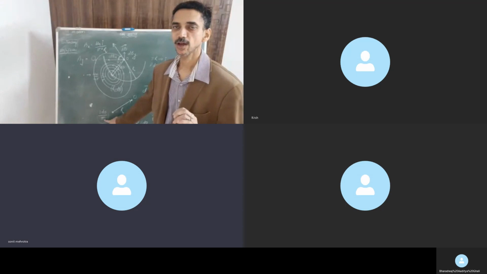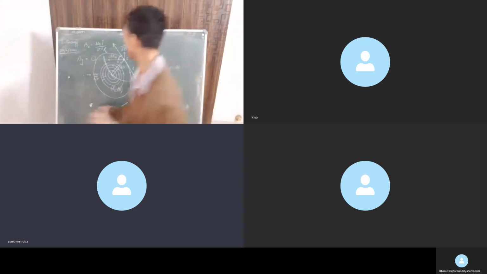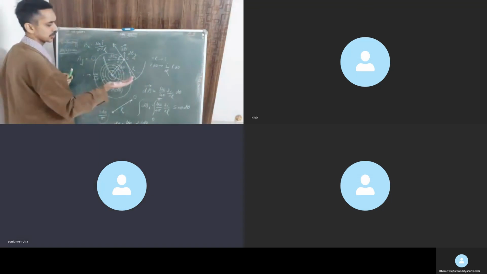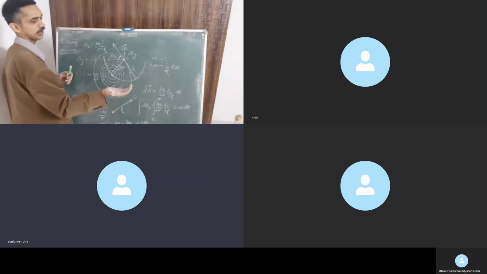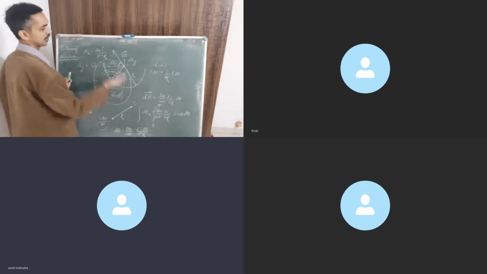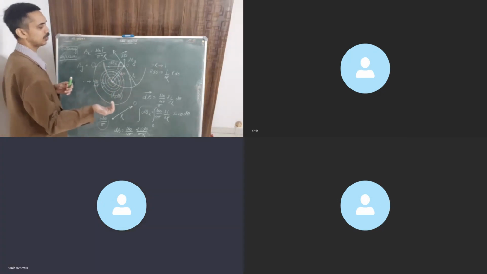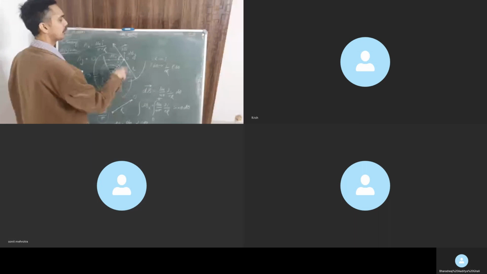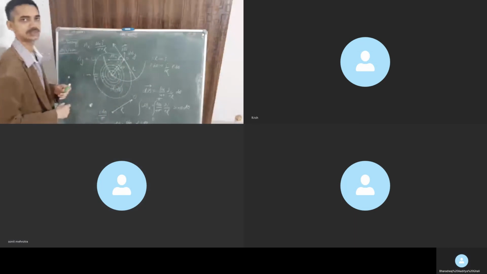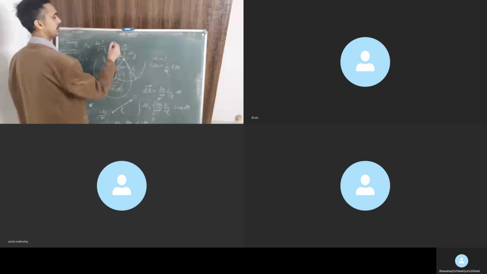Sir, in the figure, how did you get that dB direction? dB direction will be this, towards your thumb. Now I know, correct? And the curling of the fingers gets you the B field. So we curl our fingers, we get many concentric circles. Of the many concentric circles, we are to take the one passing through the point of calculation. Correct? So this will be the direction of the B field.